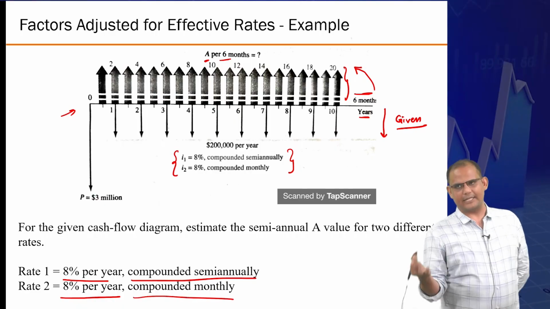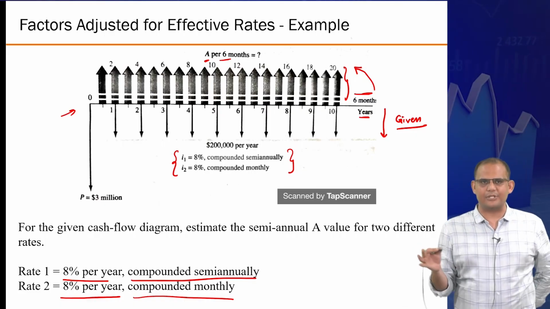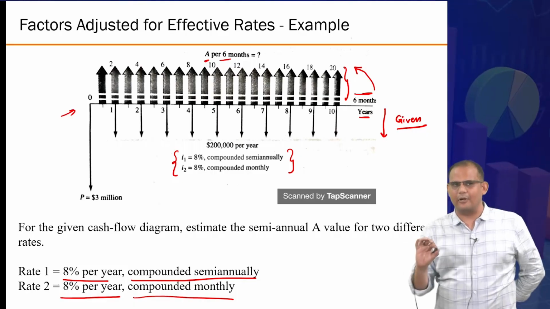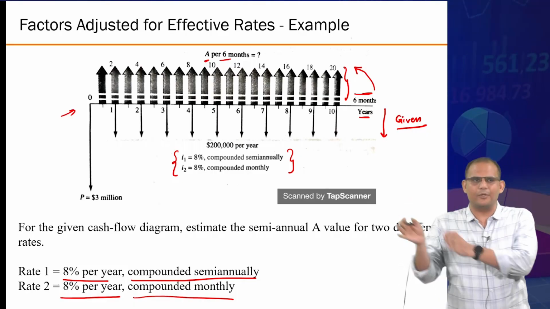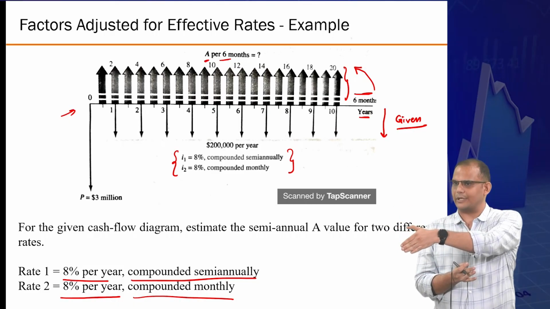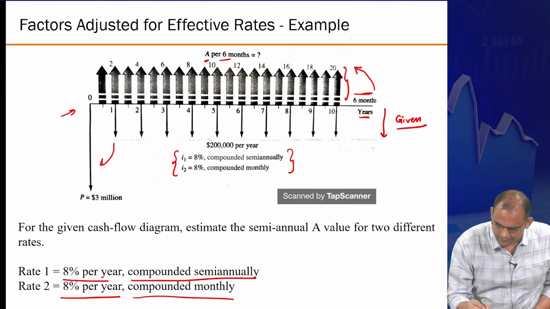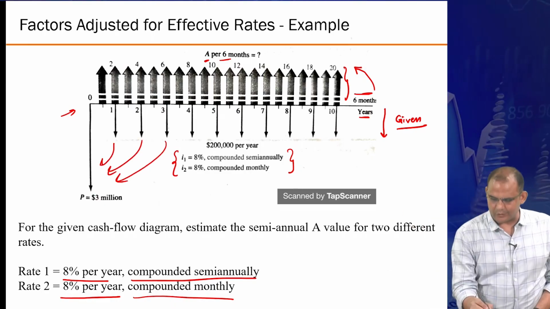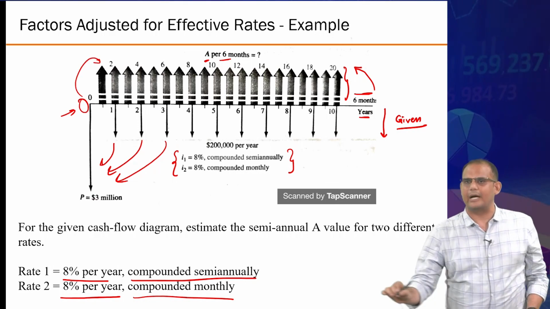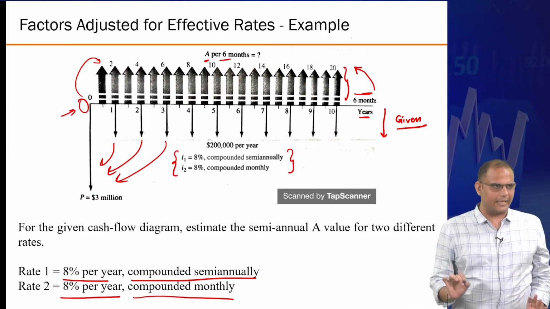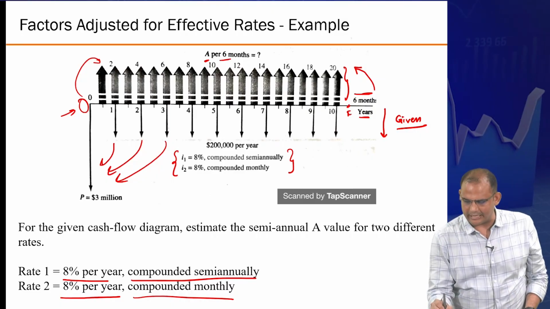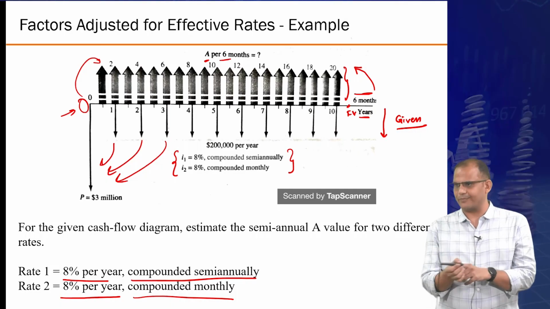What is the basic concept? How do we deal with these questions when you have to find an equivalent? Basic concept, forget about the compounding period and all. The idea is you bring the cash flow to one point, and you distribute that one-point cash flow again to the desired series that you want, right? So I'm going to bring all these cash flows into one single point, and then using this value, I'm going to redistribute it into the other equivalent series that I want to estimate, right? You could have done it with any other point of time in this question. You could have converted to a final value. Also, the principle remains the same, right?